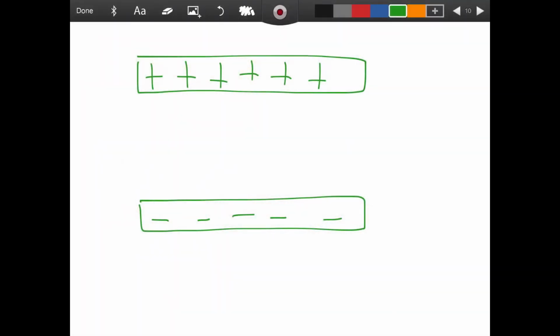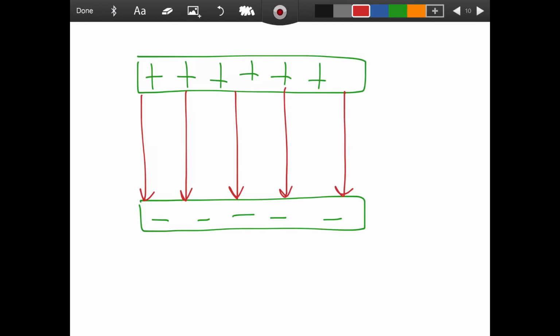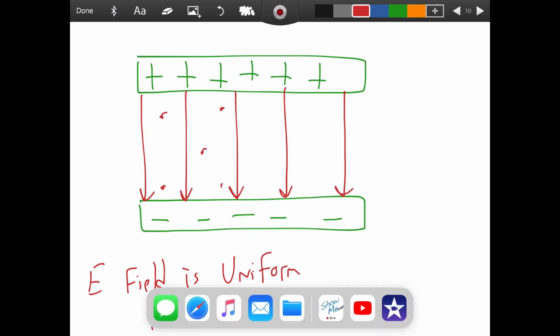So here, if we have oppositely charged parallel plates, which hopefully some of you go on to study in physics in college and you'll learn about capacitors, the electric field lines always go from positive to negative. An important thing to remember for oppositely charged parallel plates, the E field is uniform in between these plates, meaning that no matter where I am in this electric field, I'll always experience the same